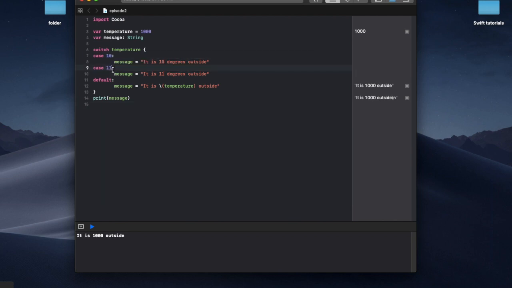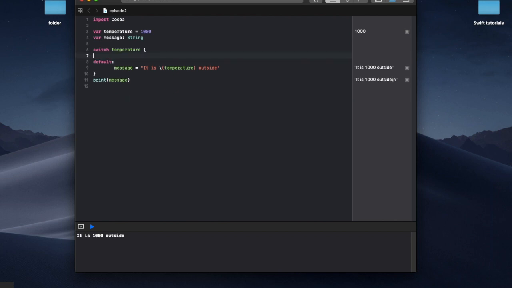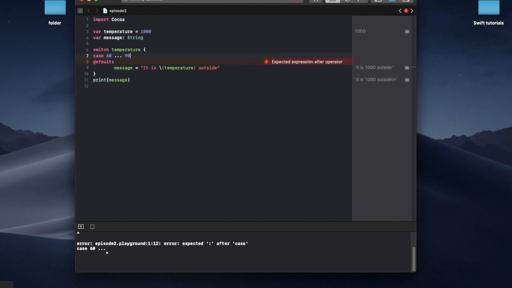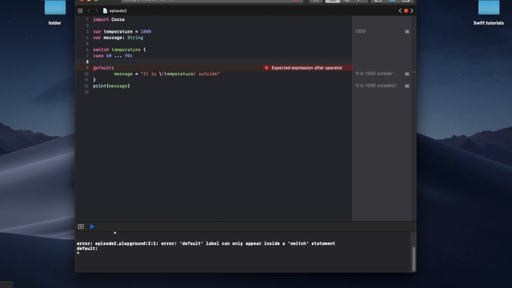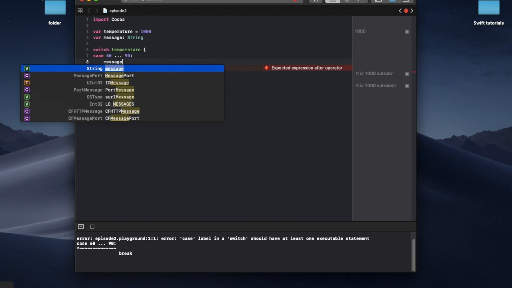We don't want to do, let's actually no. Let's do our previous if else statement. Okay, something akin to it. So like, you know how if it was cold, it would say it was chilly, something like that. So how about instead we do? There's another thing called a range. Okay, it's very cool. So you can do what was that range again? I believe it was 60 degrees, and you could do dot case 60 dot, and then you could do 90. Alright, and message